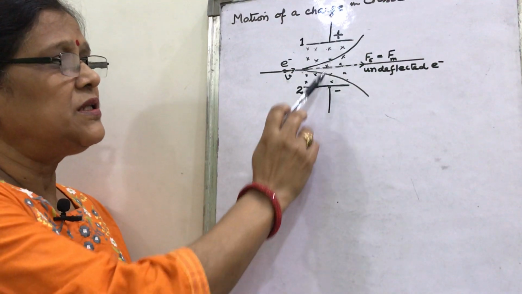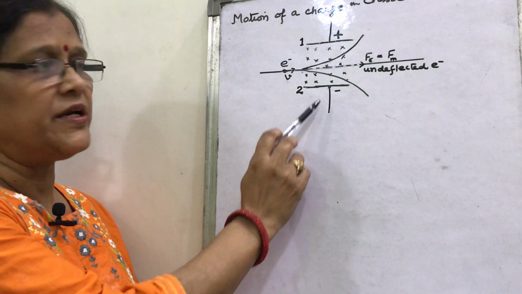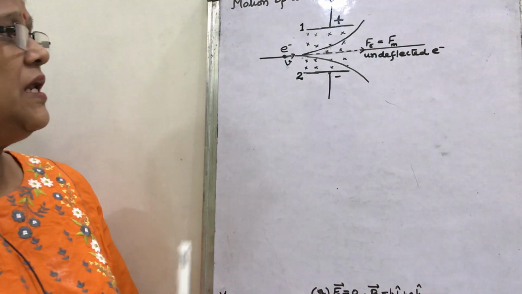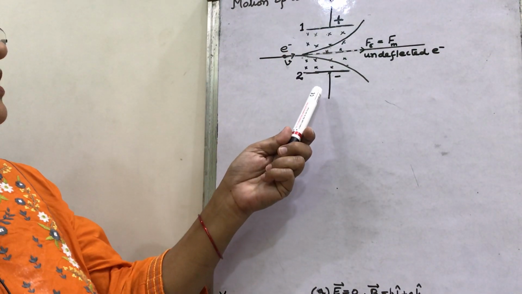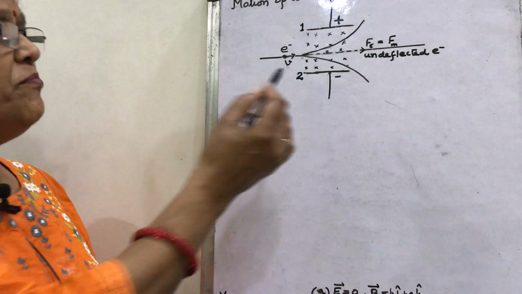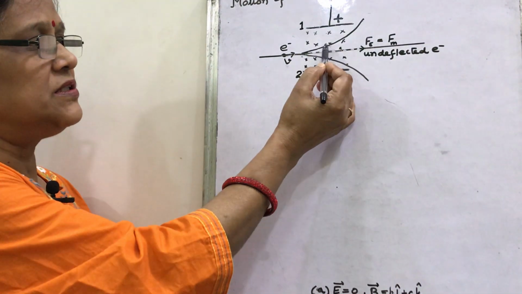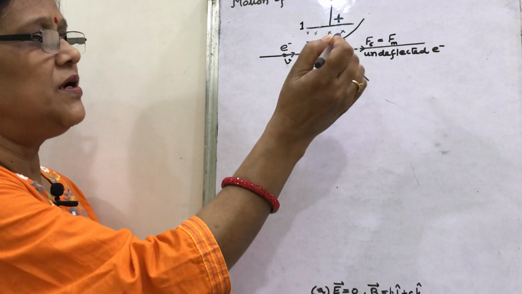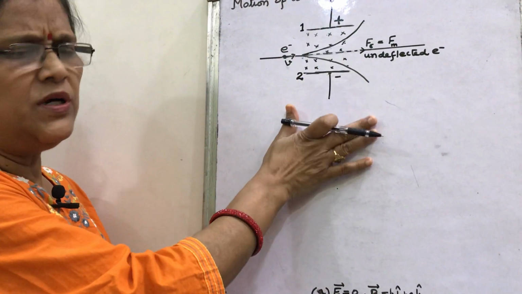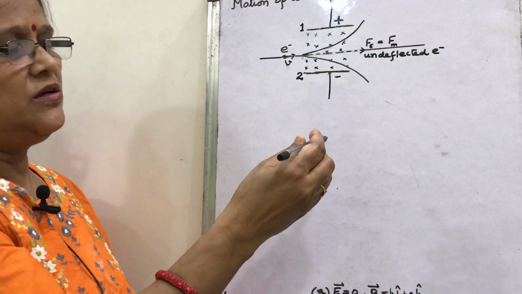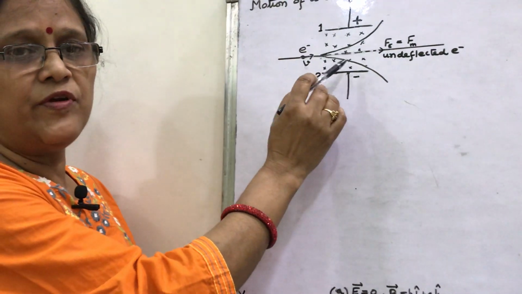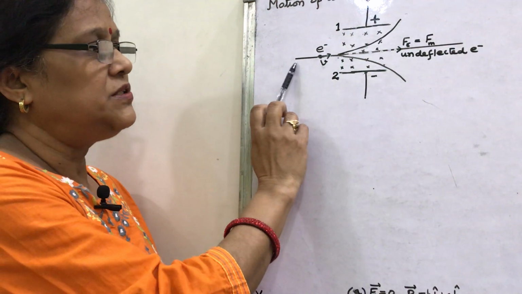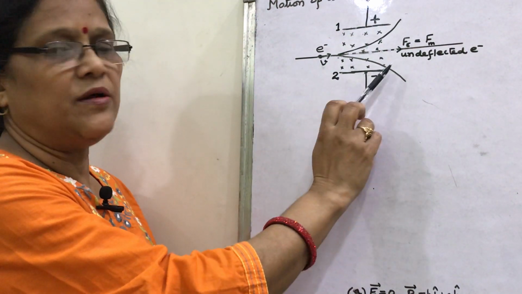It is producing the electric field which is uniform, directed from positive plate to negative plate. So the electric field is in this direction, and here the magnetic field is shown by cross. What is the meaning of cross? That is perpendicular to the plane of blackboard, this board, downward, inward. So electric field, magnetic field, both are uniform and both are perpendicular, as well as the velocity of charged particle perpendicular to both.